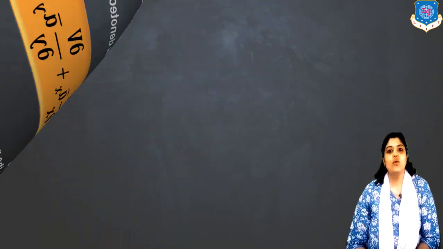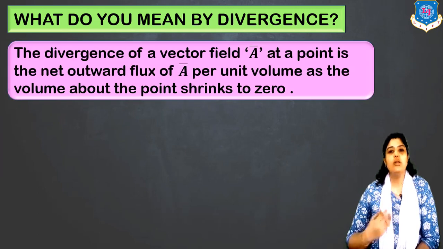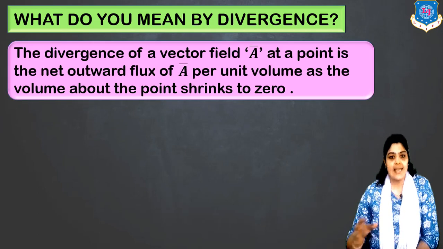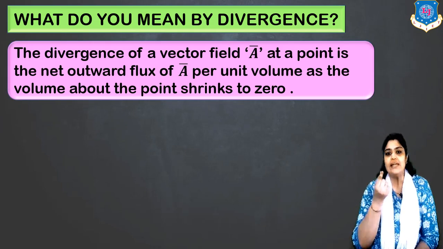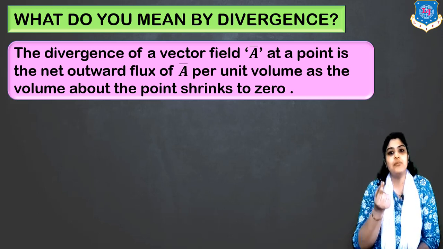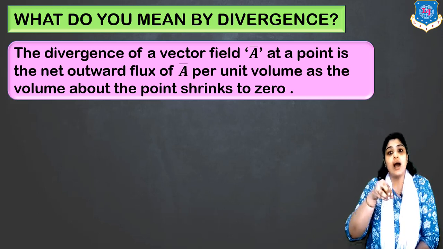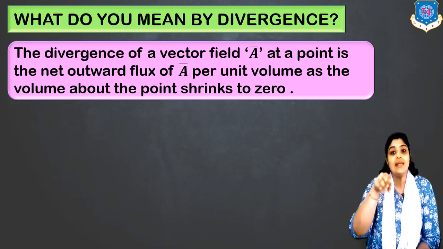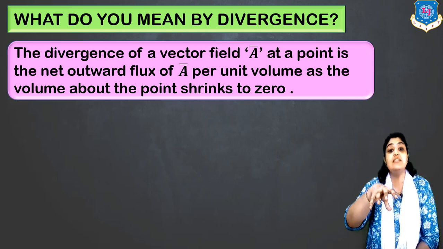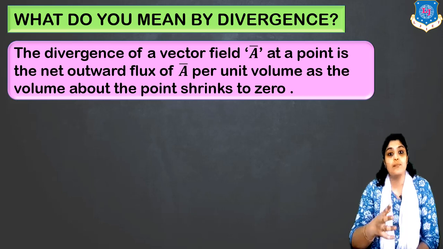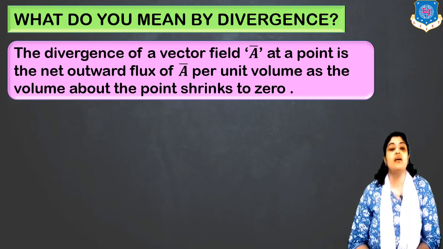Now let's discuss what divergence is. What do you mean by the word divergence in general? Suppose I have a point, any quantity which I am representing by a point. How does that quantity diverge around that point? Suppose I have an electrical field around a point A. Surrounding that point A, how is that electrical field spreading or dispersing? This will denote the divergence of that field.